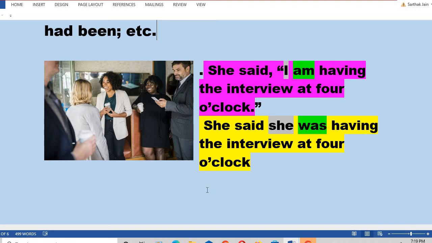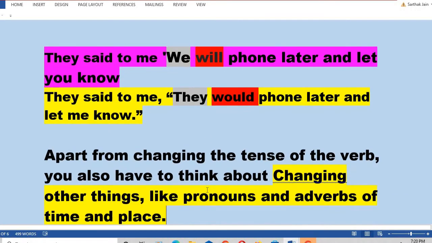And then the verb of the direct speech, am, changes, that is the verb of the simple present tense, and that will convert into simple past according to the person, because there it is the third person, that will convert into was. She said she was having the interview at 4 o'clock. Or you can simply remember, am will convert into was according to the third person. Here third person is singular. Had it been you or they, then instead of was, it would have been were. Okay. Now let's see another example.